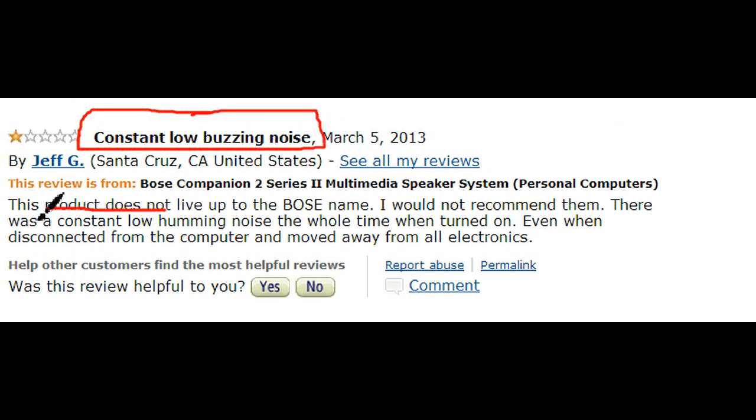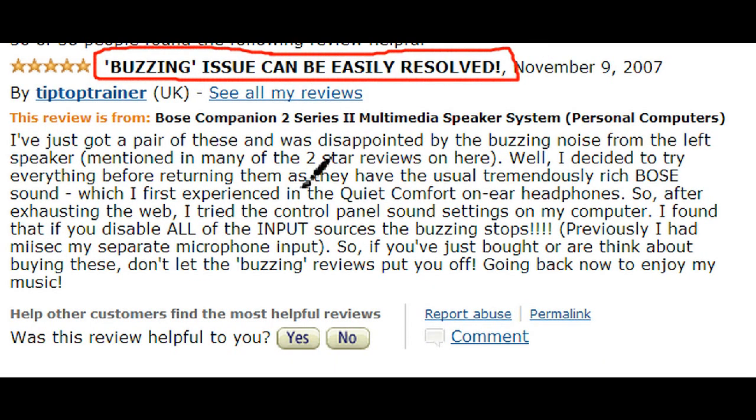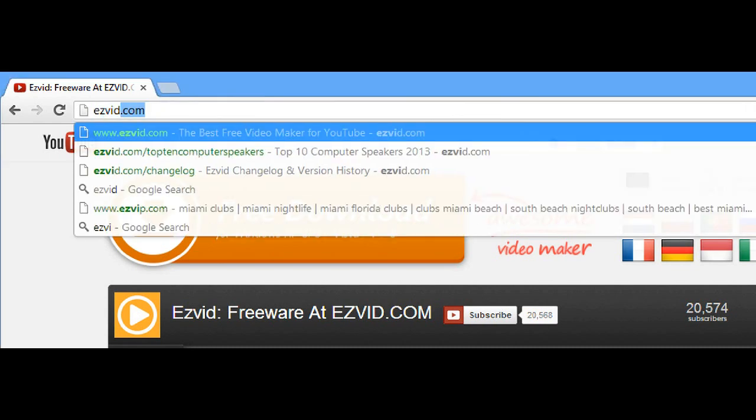But luckily, one reviewer has offered a handy tip on how to possibly fix all those issues, and that is by going to the sound settings in your control panel and disabling all input sources. So if you're worried about having this issue because you want these speakers, that might help you. And now back to our list,